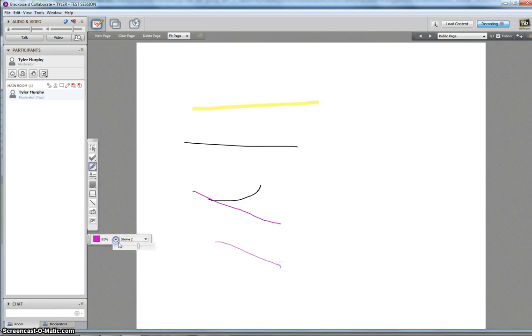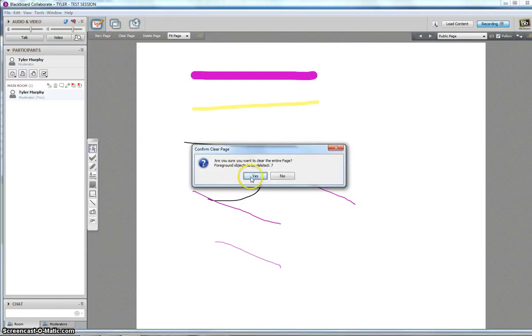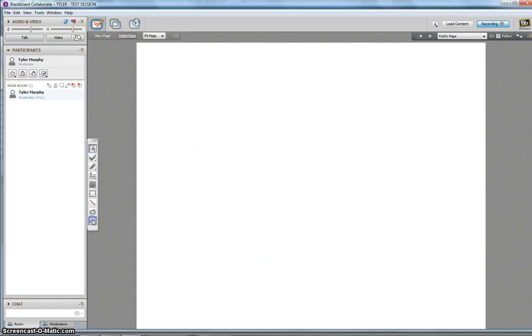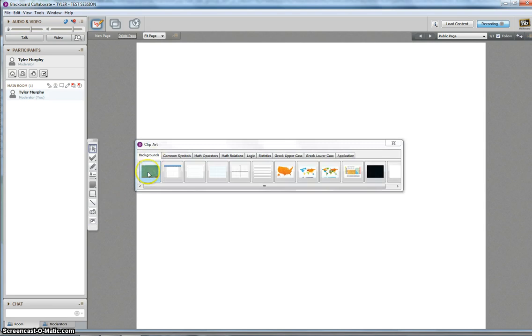And change the broadness or brightness of the color. And then on this little option, you can change the size of your marker. So we'll clear that. The next one down here at the bottom, these are your backgrounds,